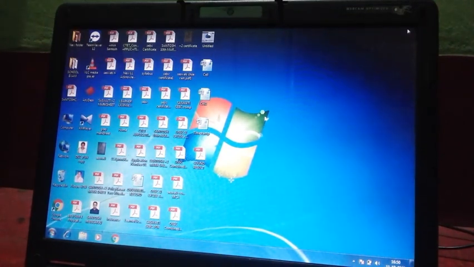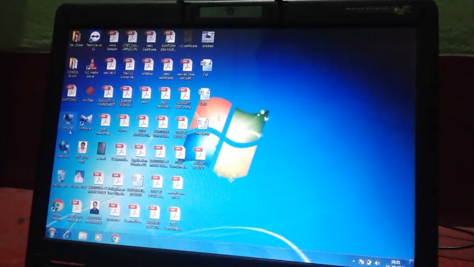Okay students, I hope all of you understood what the operating system is and what the functions of the operating system are. Actually, without an operating system, a system or a computer cannot run. You have also seen wallpaper, desktop background, taskbar, start button, icons. Okay, then folders, files, how to open a folder.